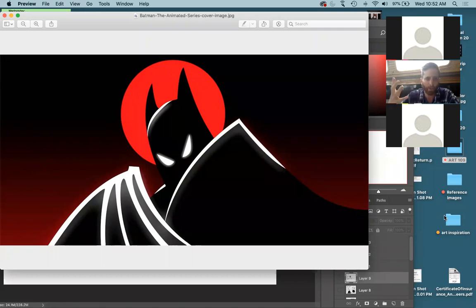But it's really bold and really powerful and really simple as well. So you can count the amount of shapes here. There's probably 5 to 10 different shapes used in this, but it creates a very bold, very striking image. And it's so bold and striking because it's very simple. It doesn't get bogged down with drawing details. You have a few little lines here for folds in the cape and a couple eyes, but that's about it